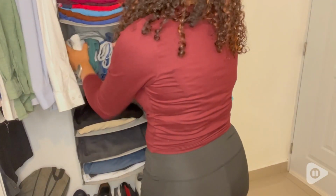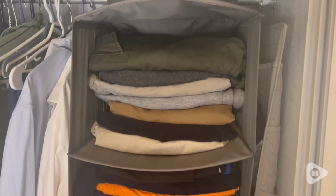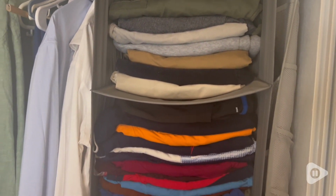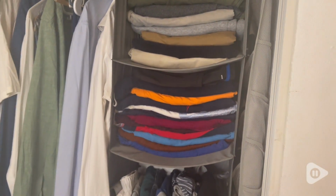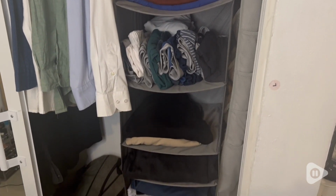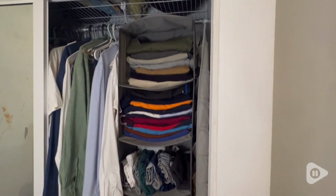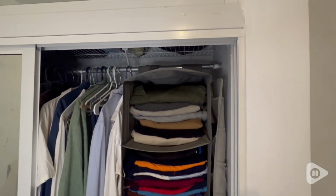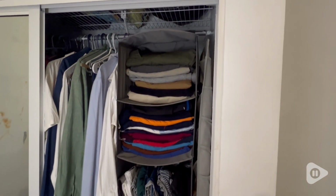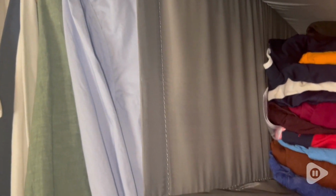I have another one on the other side of the closet, but this is his, and this is where we keep everything in place, from jeans to pants to undies to t-shirts, because there's nowhere else we can put his things. And this has been great because he can easily find everything he needs to wear on a daily basis. After I'm done doing laundry, I'm able to fold the clothes and put them back where they're supposed to be,